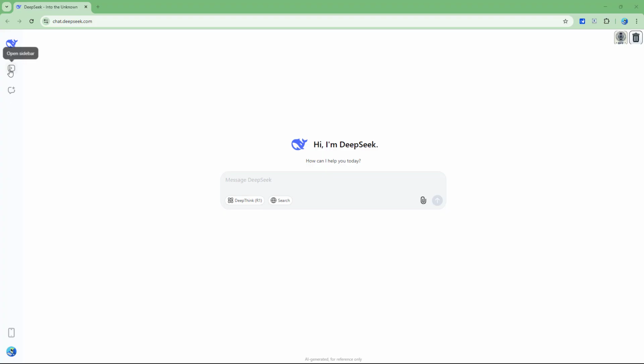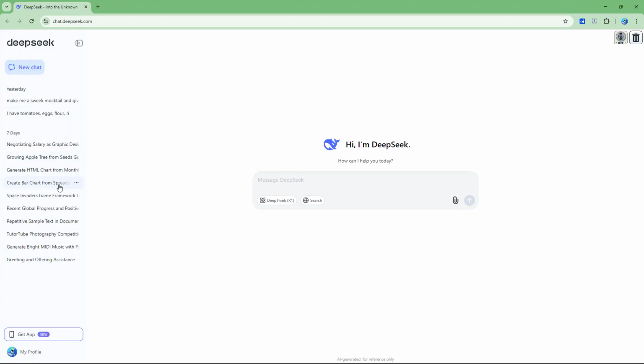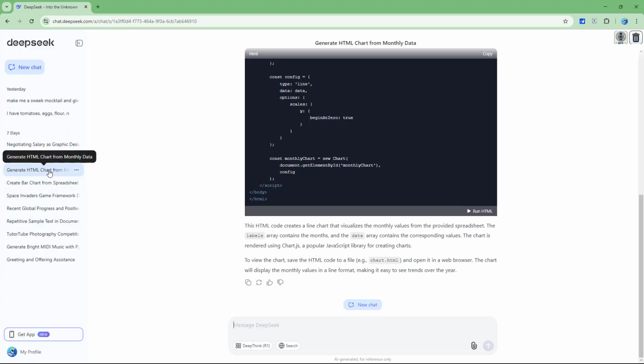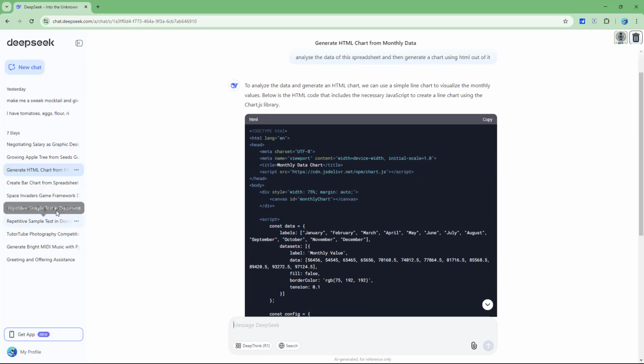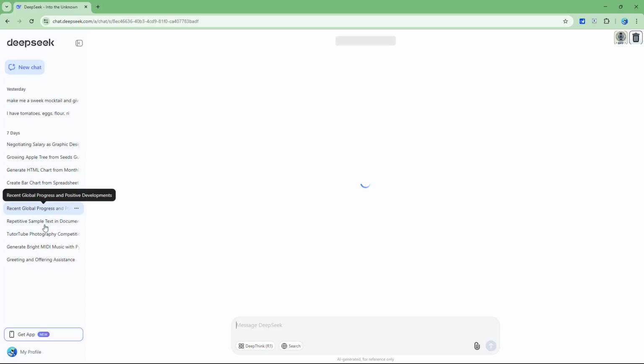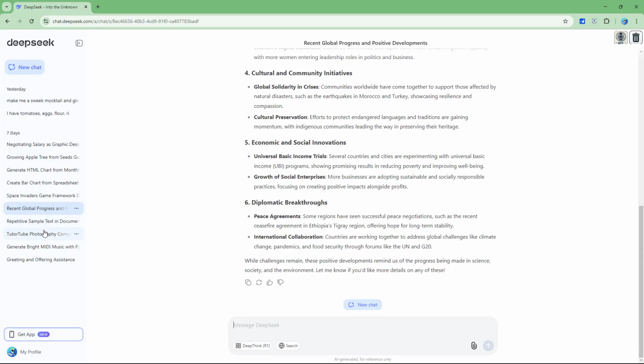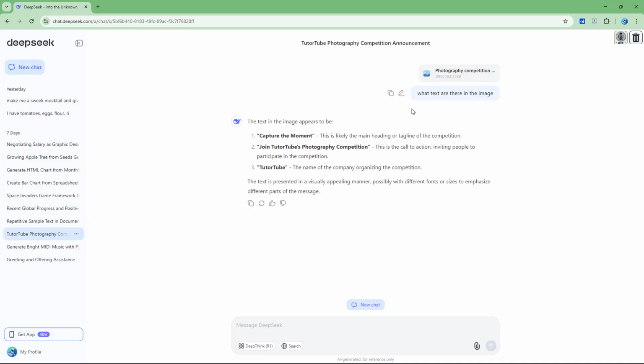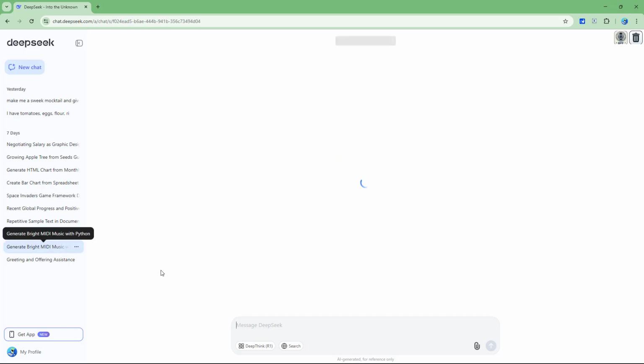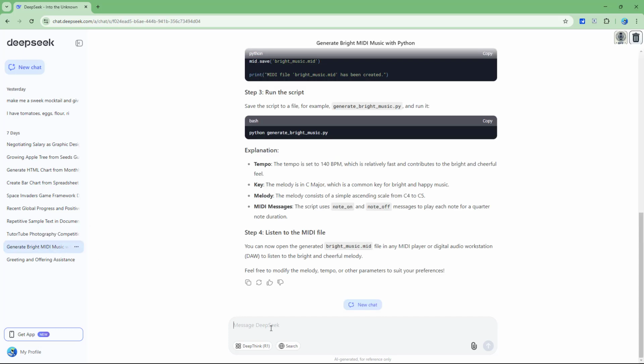So over here, if I were to access my past section right here, let's say for example, it says generate a chart right here, just like this, and let's say for example, a photography competition announcement and so forth. So let's say for example, I want this kind of a prompt for future. So in that case, I can go to a prompt that I want right here and simply say